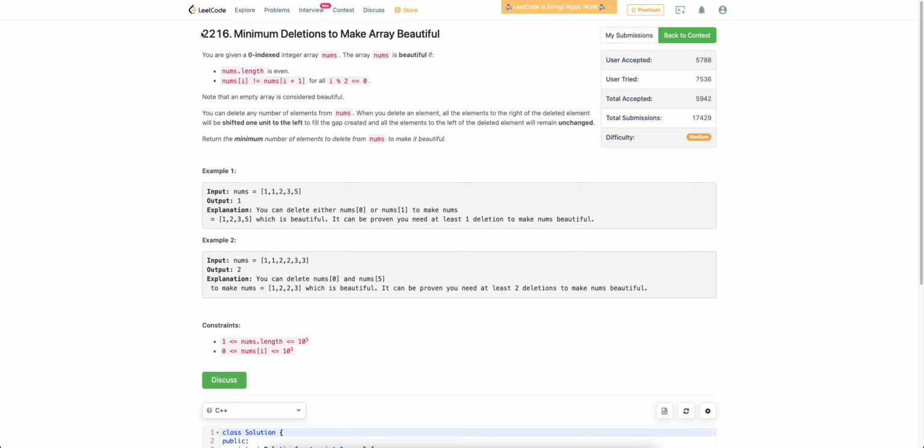Everyone. So let's discuss the second problem of today's Leetcode contest, minimum deletions to make the array beautiful. So we are given an integer array nums, and we can delete something, and once we delete something everything will be shifted by one. So let's say in this array we delete this one. If we delete this one, everything will be shifted by one, so the new array will become 1 2